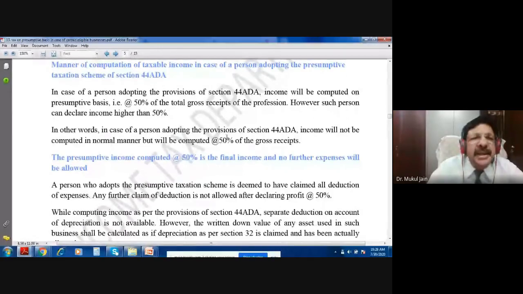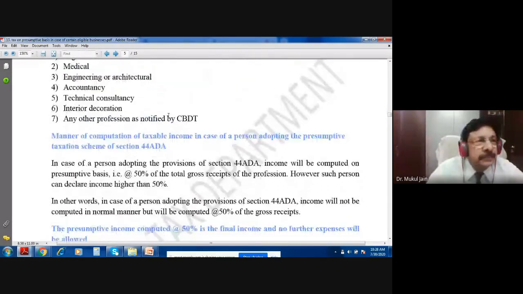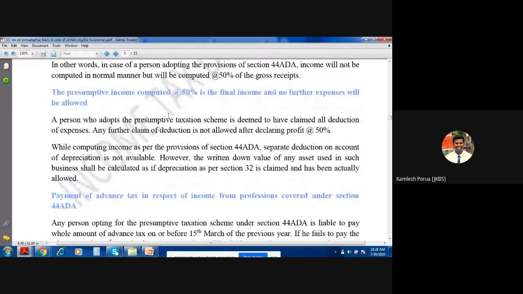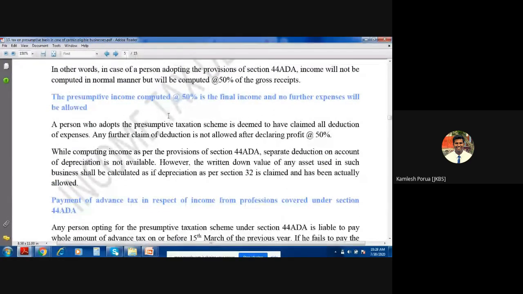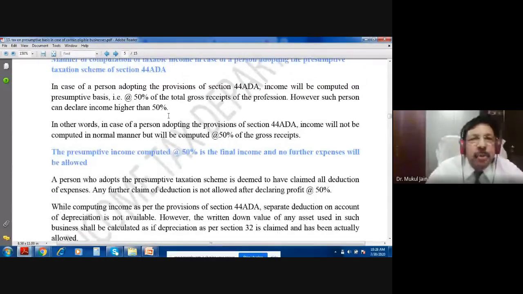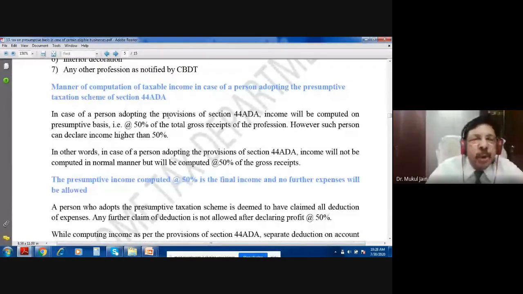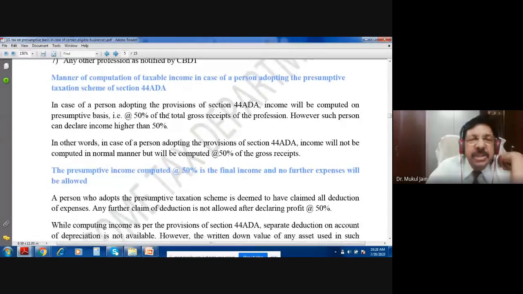However, such person can declare income higher than 50%, ये भी इन्होंने दे दिया। मतलब 50% जो इनकम है उस पे स्लैब रेट के हिसाब से टैक्स लगेगा या उस पे भी फ्लैट रेट है? नहीं, अगर मैं इंडिविजुअल हूं तो स्लैब रेट से लगेगा, अगर मैंने फर्म खोल रखी है तो फर्म के ऊपर फिर एक फ्लैट रेट आता है।